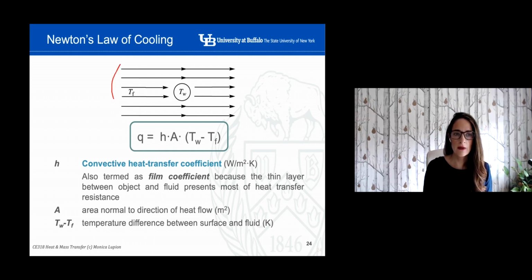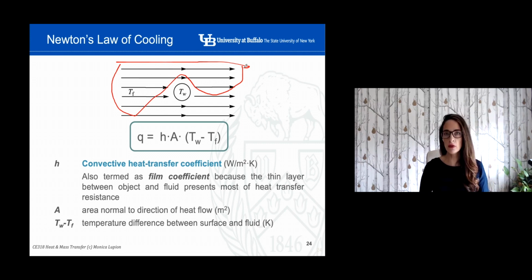So this is an important aspect that is different from conduction. So we need to have a moving fluid in order for convection to happen. So what's the general equation for convection? Well, we have that the heat transfer is equal to the convective heat transfer coefficient times the area times delta